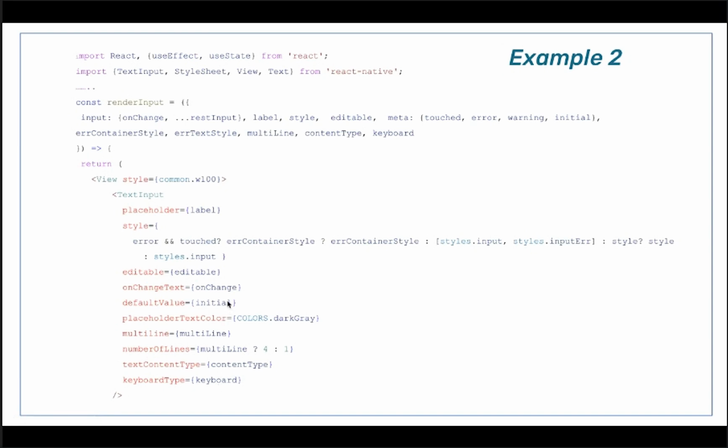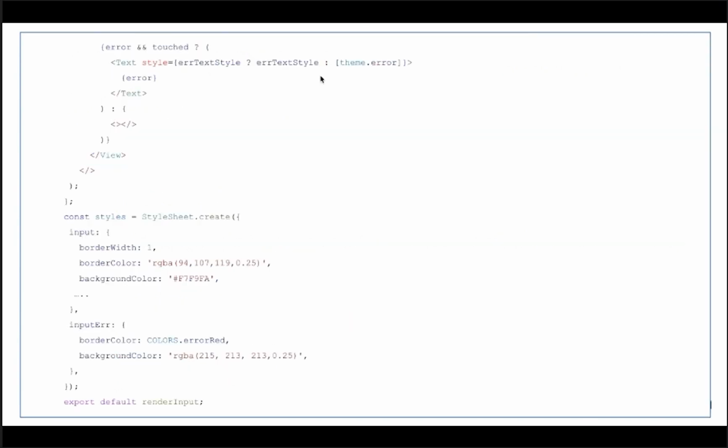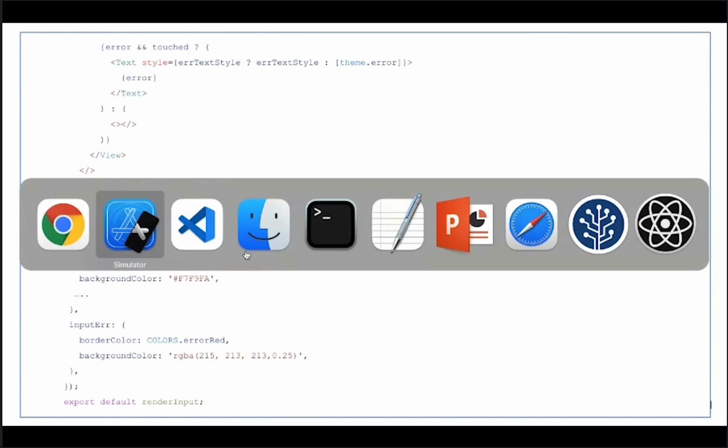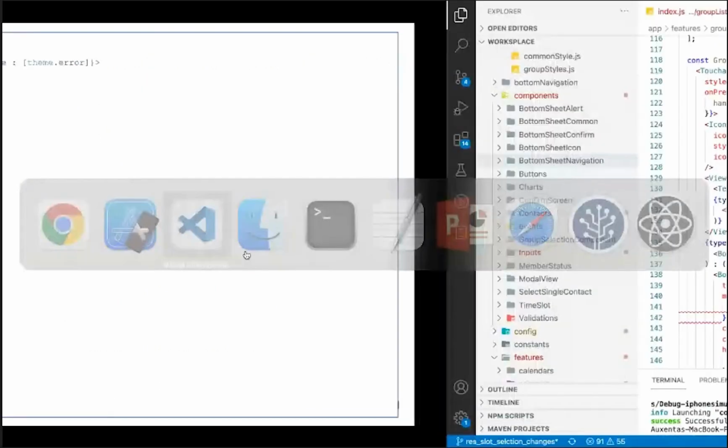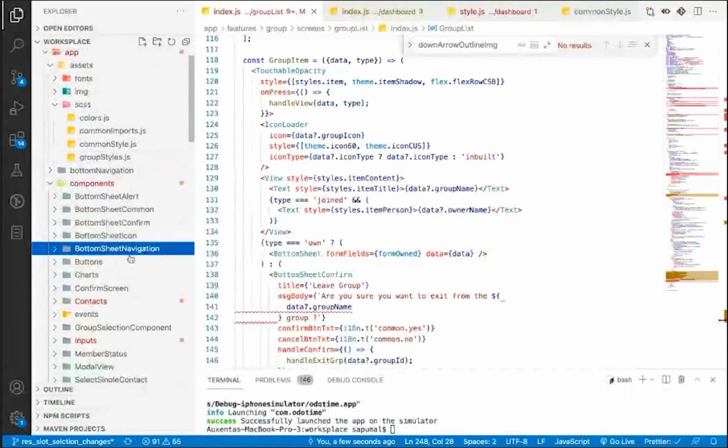And with regard to error handling and validation, you can have metadata, and you can keep space for handling those things, such as if it is an error, is touched, and what you can do. You can pass any kind of styles for that, and you can also define color schemas.